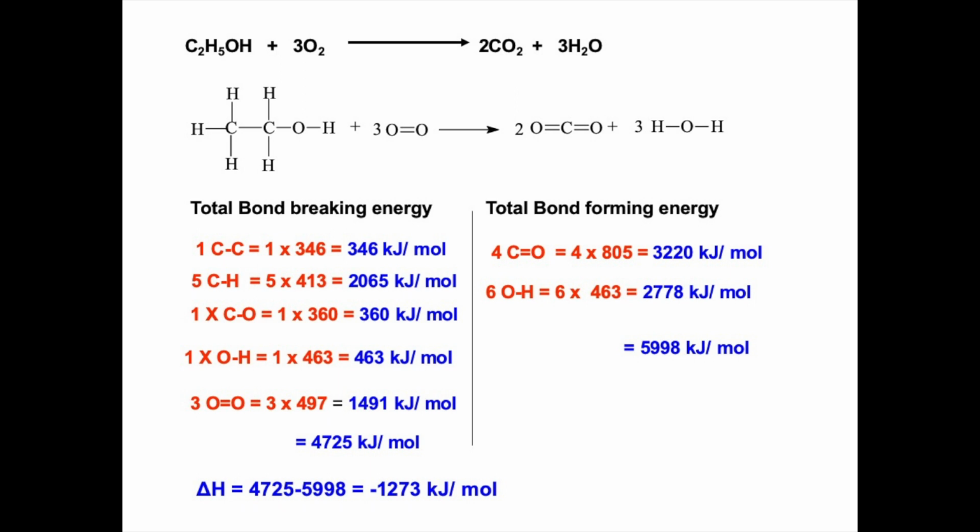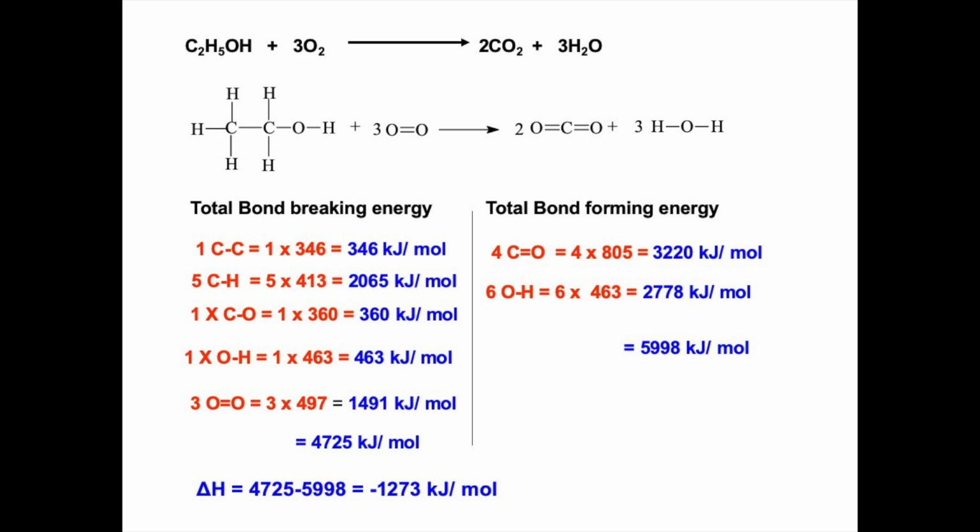Now we move on to part B, working out the bond forming energy, the energy released on forming the products. So we have 2 CO2 molecules and 3 water molecules. Each CO2 molecule has 2 C double bond O's in it, and if we have 2 molecules, we have 4 of them. So that's why it's 4 times 805, which is 3,220 kilojoules per mole. And then we have 3 water molecules, and there are 2 OHs in each water molecule. So there are 6 OHs. 6 times 463 is 2778 kilojoules per mole. Add them up, and we have bond forming energy, which comes to